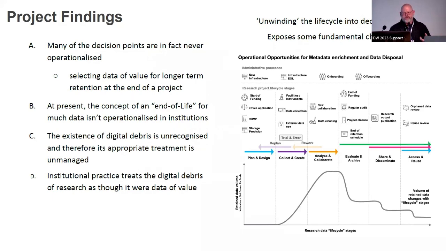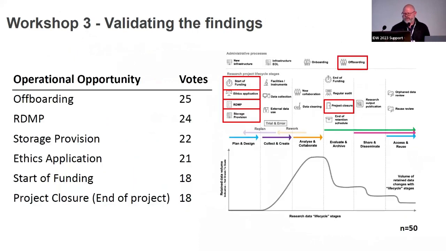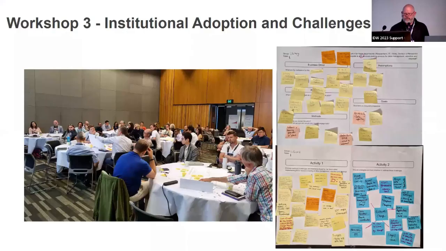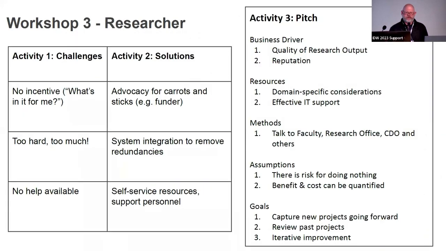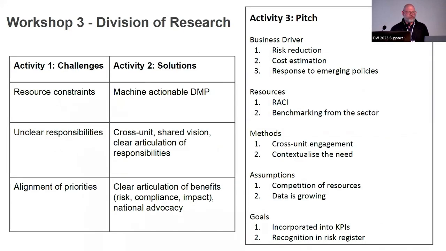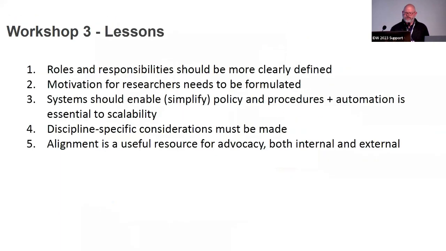And so we want to improve the flows and the decision points to trigger having more metadata so that we can make better decisions. So we've identified some of the best, what we think initially, at least in Australia, as some of the best opportunities for taking action. Big red boxes around those, though I haven't tested that yet, but that's what the group thinks. And so that's the work that we've done. We sat in a room at the start of last week to start doing some activities to really say, how should we operationalize some of these decision points? So that's the update from those projects. And again, thanks to those participants, and thank you for your interest.